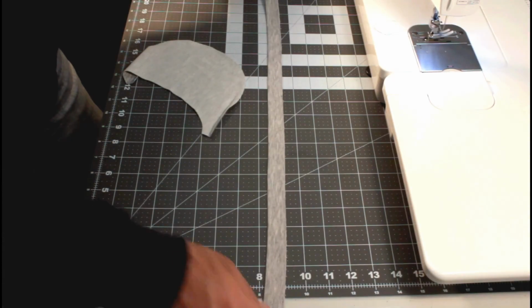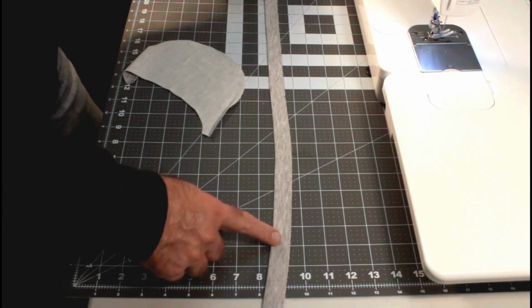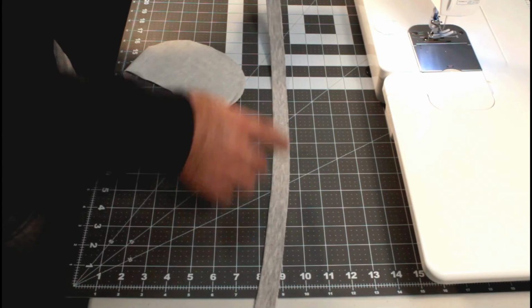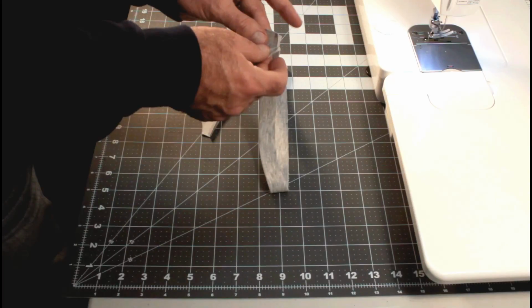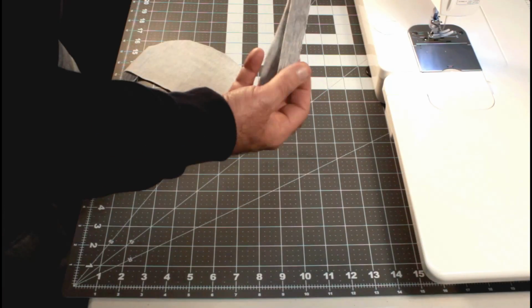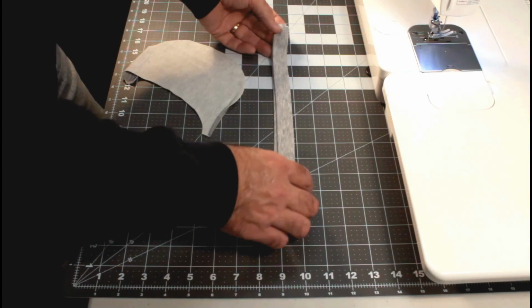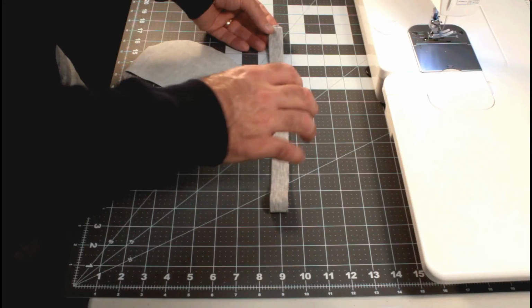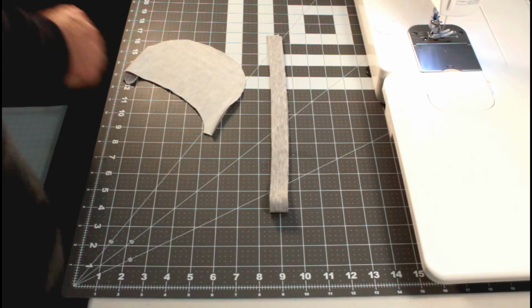Okay, the other thing I've done, I've pressed the neckband in half, wrong sides together. There's my little mark right there for the center, so I'll know where that is. The neckband is longer than what I need, so press that in half first, steam it, and then if you've got a clapper, a piece of wood that you press down on it,